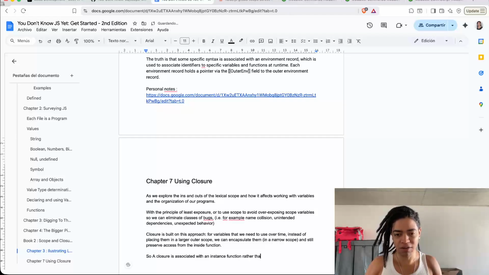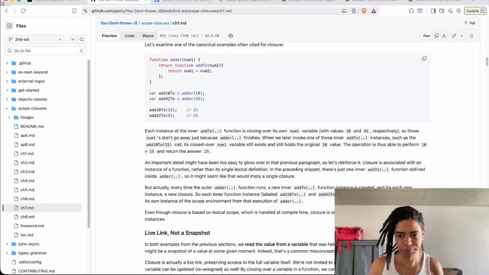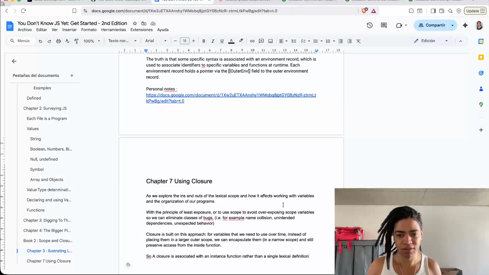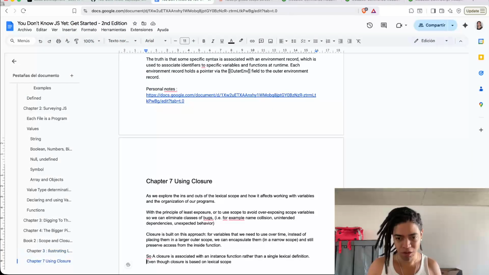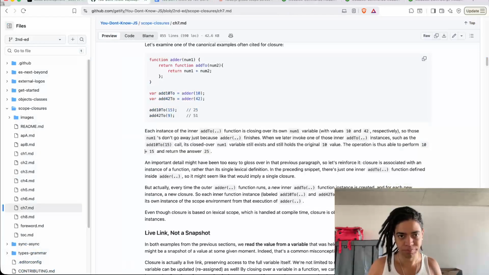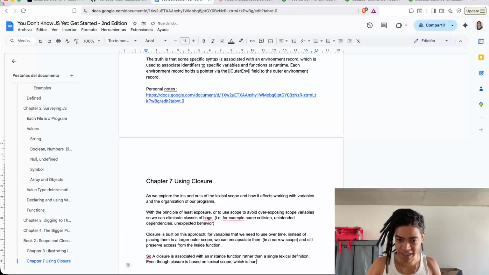rather than a single lexical definition, because even though closure is based on lexical scope, which is handled at compile time, closure is observed as a runtime characteristic